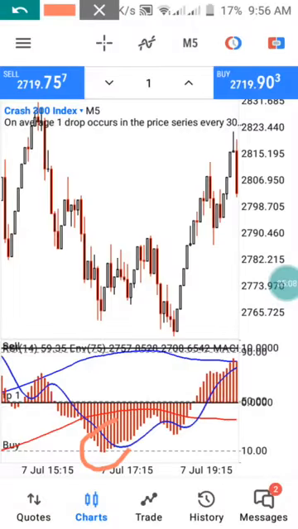You see what happened here? I told you guys that you need to wait for your MACD to reach that 10 level. Anytime you want to enter for a buy, you need to let it reach your 10 level, and once it reaches our 10 level, you will need to also wait for our MACD signal to move below the envelope. You see, it moved below the envelope at this area, and once it moves below the envelope, then you are good to go. So now you are going to be finding your entry around this area,